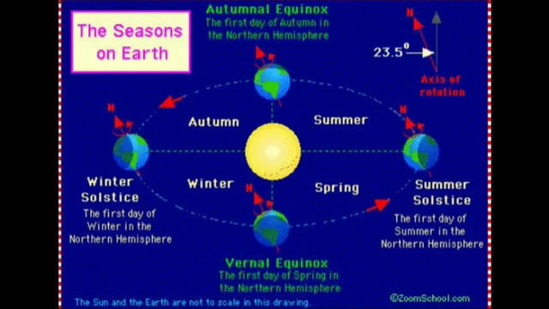Due to this 23.5 degree tilt, when the northern part of the earth is further from the sun, the southern part is nearer to the sun. So, when it is summer in the northern hemisphere, the southern hemisphere experiences winter. Next one, stars' apparent motion and spinning of the earth. The earth's spinning motion can be proved by observing stars' position.